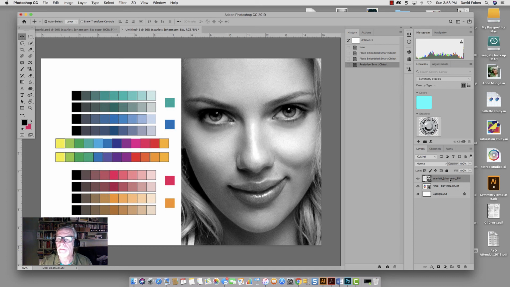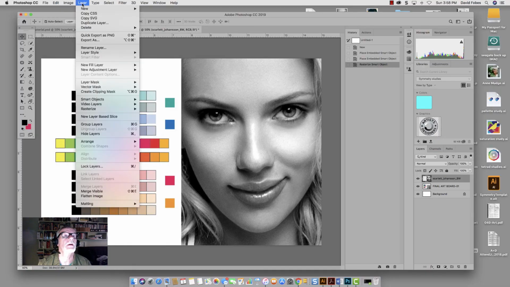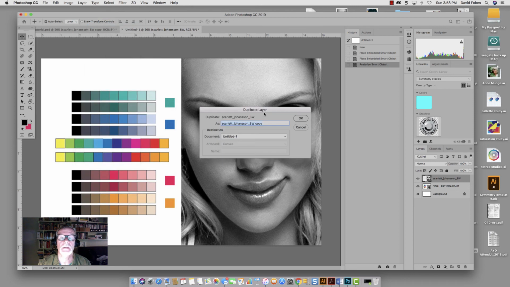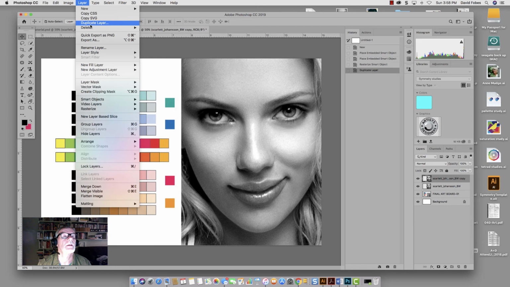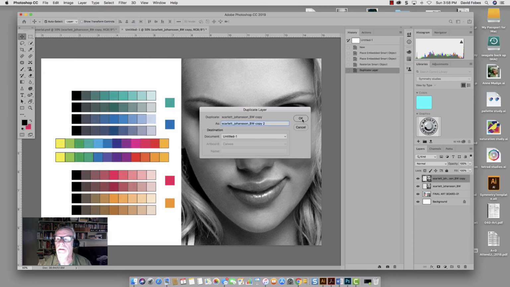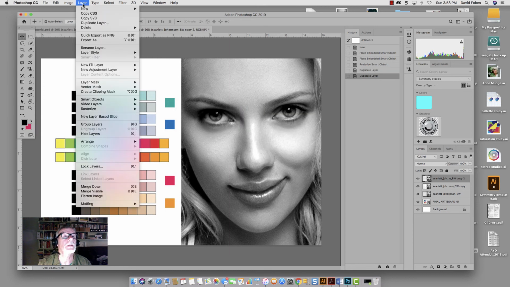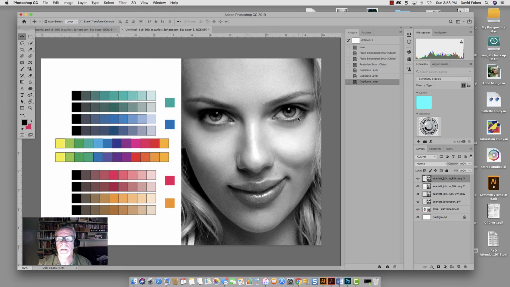So I'm going to go ahead and make three more layers of this. There's multiple ways of doing it. I can go up here to Layer, Duplicate Layer, okay, and then Layer, Duplicate Layer, okay, and then Layer, Duplicate Layer. Okay, now what I want to do is fill each one of these layers with one of the colors,